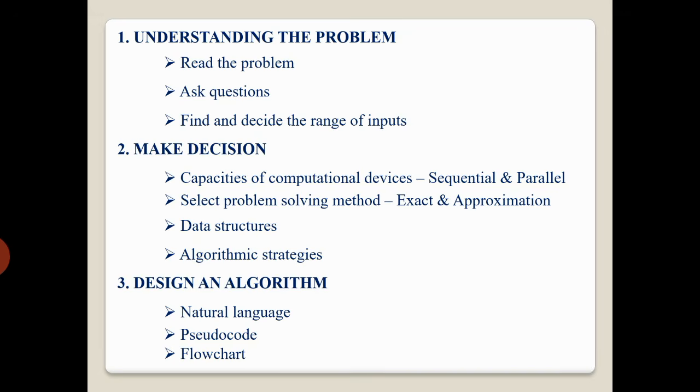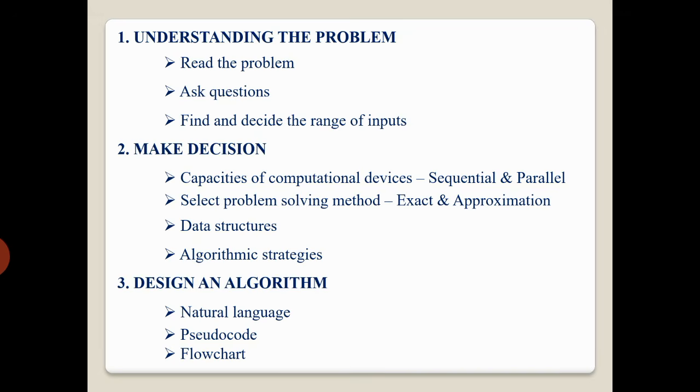The next principal decision is to choose between solving the problem exactly or solving it approximately. Problems that need to be solved correctly must use exact algorithms. Extracting square roots and solving nonlinear equations are some examples. Very complex problems can be solved only by approximation algorithms. It can be a part of a more sophisticated algorithm that solves a problem exactly. One should pay close attention to choosing data structures appropriate for the operations performed by the algorithm because both the algorithm and data structures are interdependent with each other.